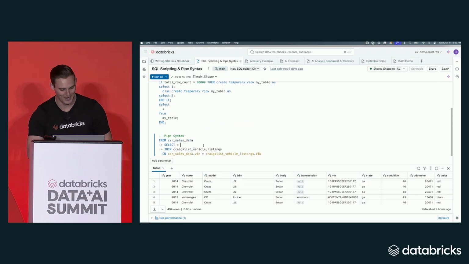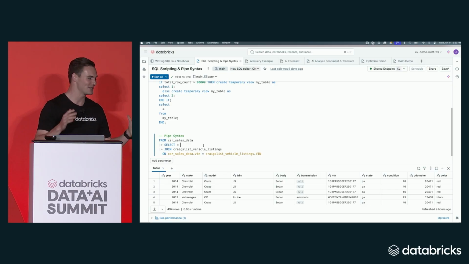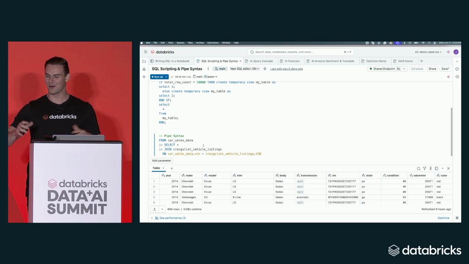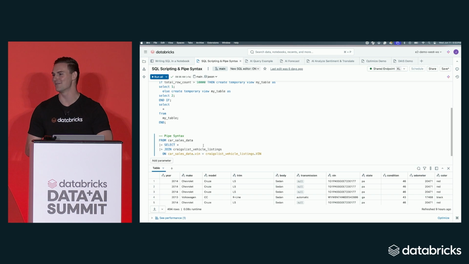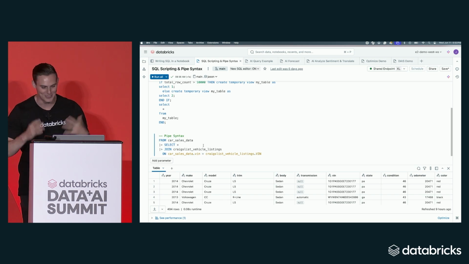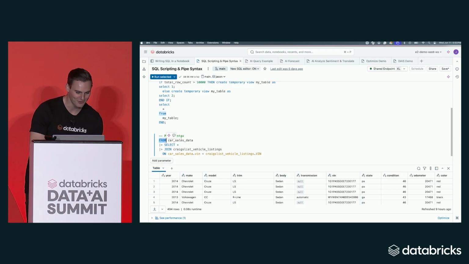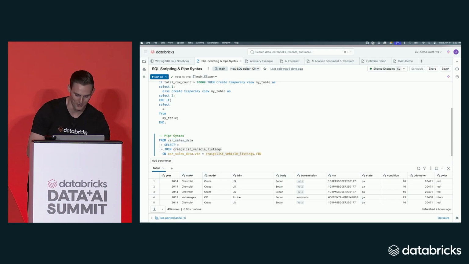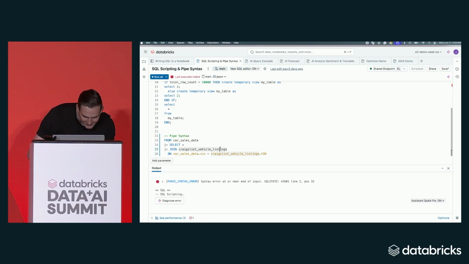We also support SQL pipe syntax. I know maybe not everyone in this room loves pipe syntax. It's funny, since releasing it, I've got a lot of negative feedback about, oh, why would you ever write SQL that way? But the point is not to tell you to use it. The point is just saying that you have the flexibility now. If you want to use pipe syntax, you can use that. Basically, this allows you to write your SQL in any order. So I can say, from car sales data set, select and join. And it doesn't matter which order I write this. It will run successfully. It looks like,